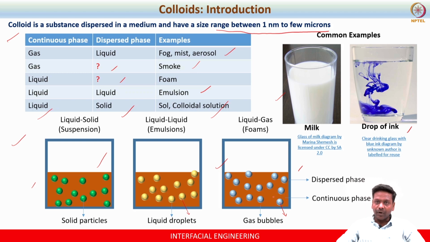Here the spherical particle is part of the bubble shown here, right? And the bubble is a dispersed phase, which is nothing but a gas phase dispersed in a medium called liquid. So, this is a good example of foam. I mean, foam is a good example of a liquid gas system. Okay, right.